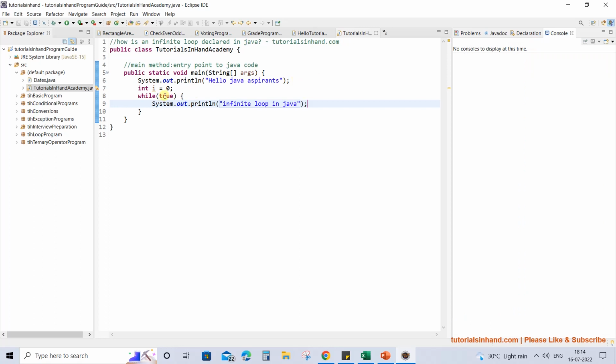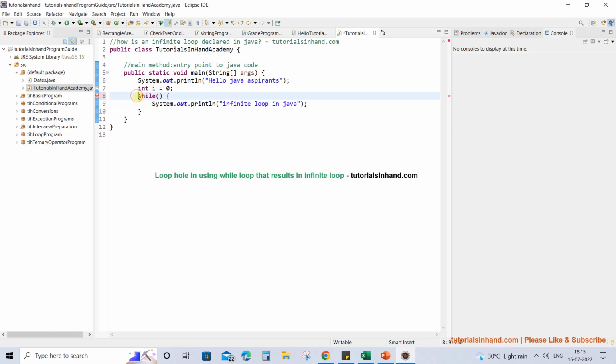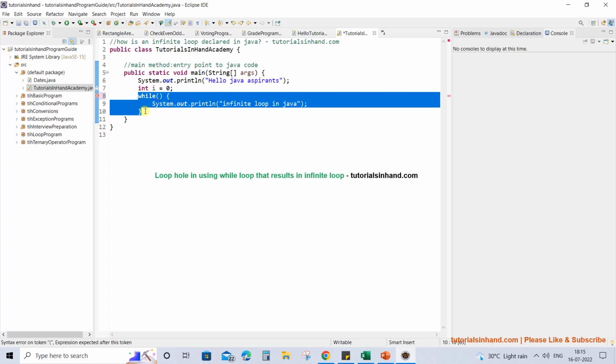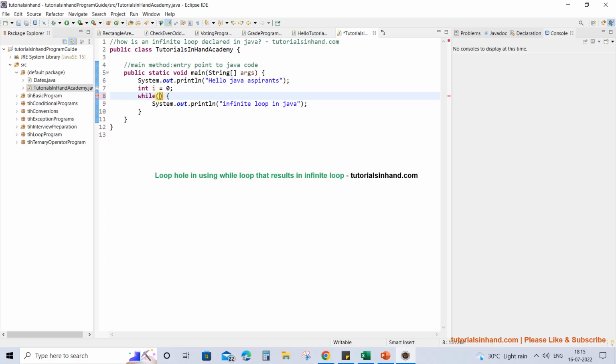Now suppose I don't want to use while(true). While using a while loop, when you are logically writing this code, this is something important, because this is the most common mistake that new budding Java programmers make. So you should have this in mind. Suppose you want to print numbers from 0 to 4, and you have given the condition i less than 5. So this will print the numbers from 0 to 4, right?